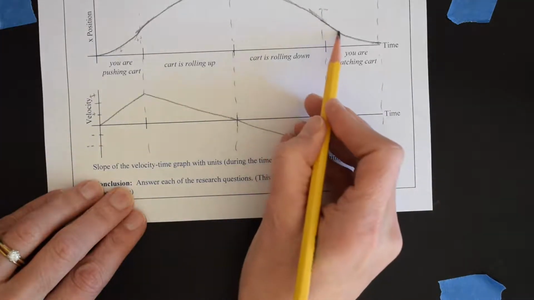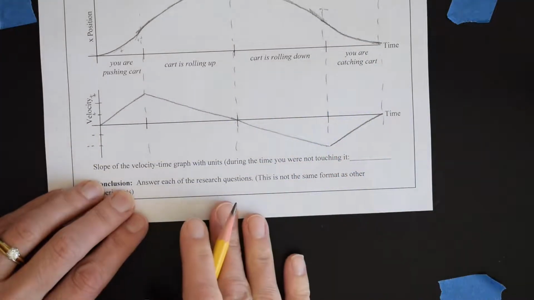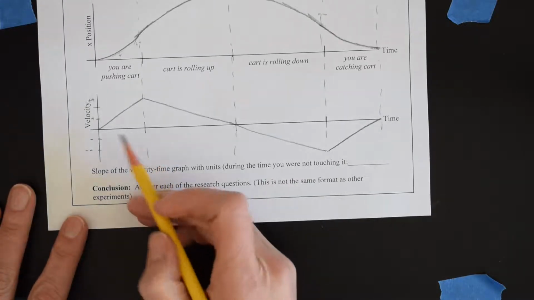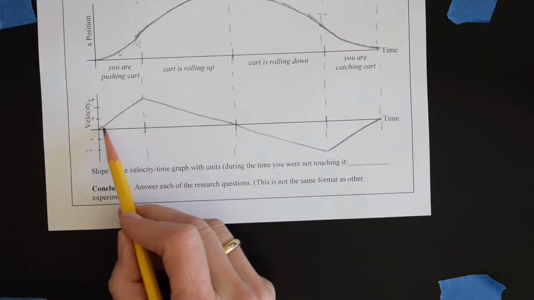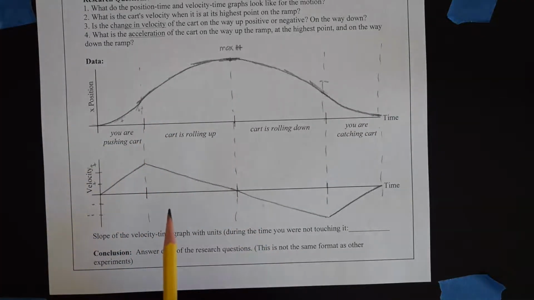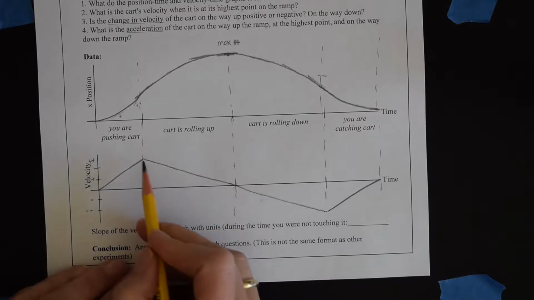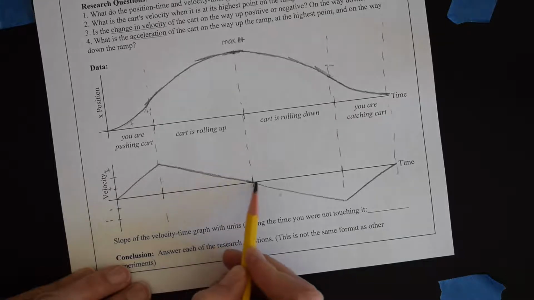And then here we're going from negative to 0. Okay, and really take time to think this through and make sure that you understand why the graph looks like this, and how these two graphs relate to each other. Then we found the slope of this, and this line was actually a straight line here, so it had a